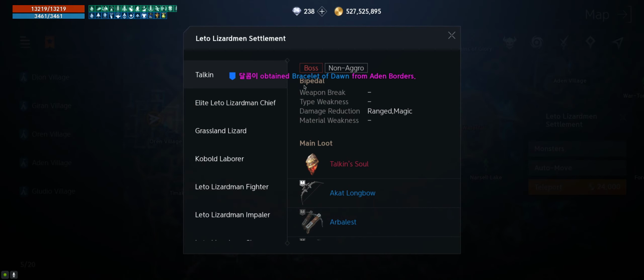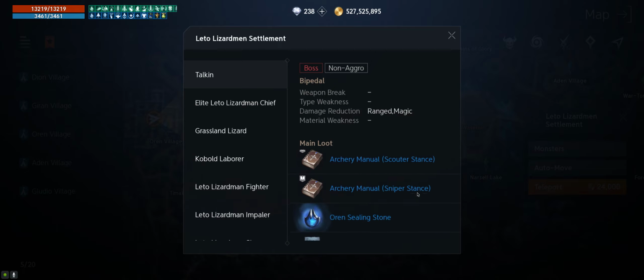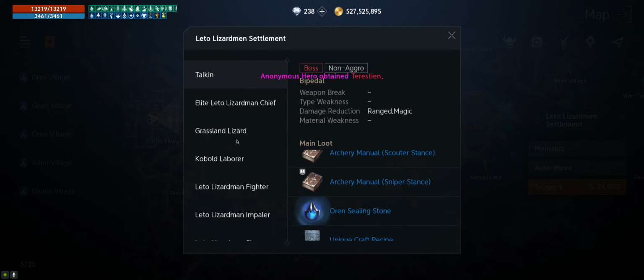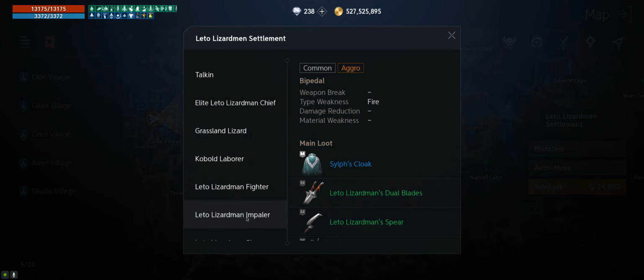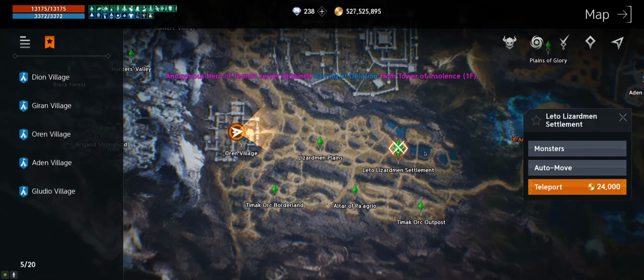So new field boss here, Telkin. I don't know about souls, if they will be introduced as the system in game, but that will be a story for another video. It takes a lot to explain, and I think it will require a video on its own. These are small lizardmen and they can break your weapon, so be careful. Okay, that's the drop list, and